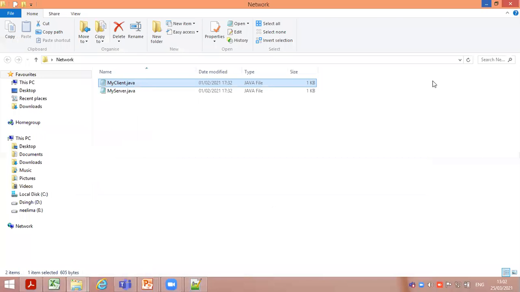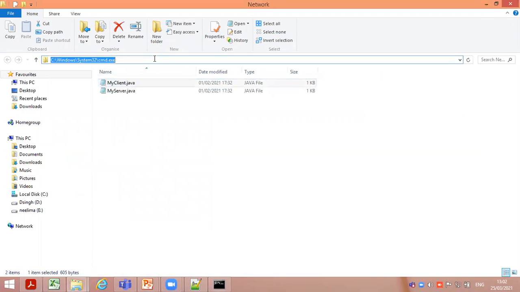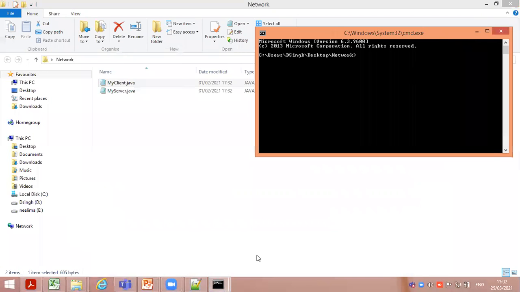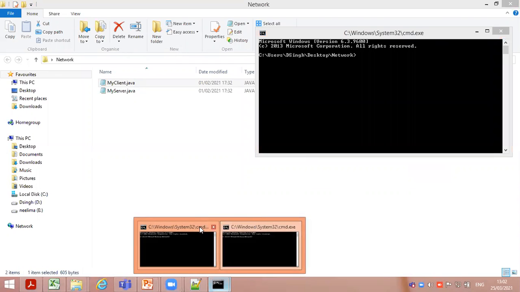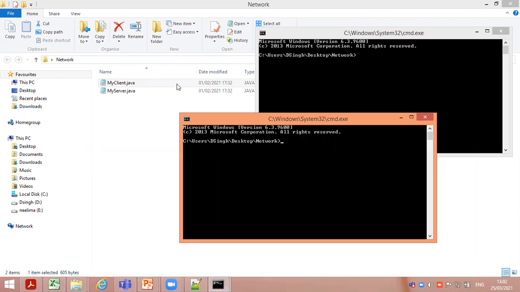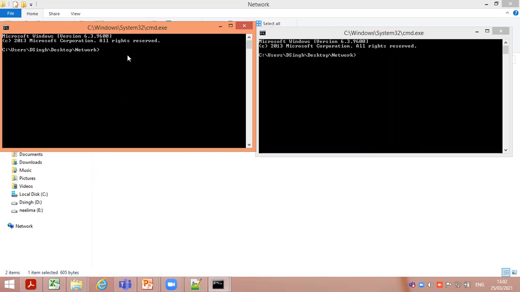Go to the folder. We require two command prompts, one for the client and one for the server. First of all, set the path. These are very basic things.